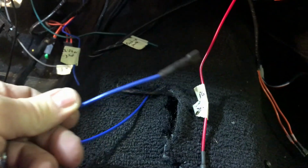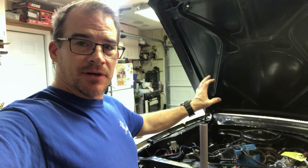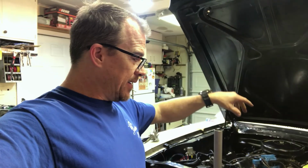I got a few things to button up. Shifter light, radio. I got to wire up the air conditioner. Go ahead and mount your fuse block. Go ahead and get that where you want it to go. Once you get that, you know, I kind of